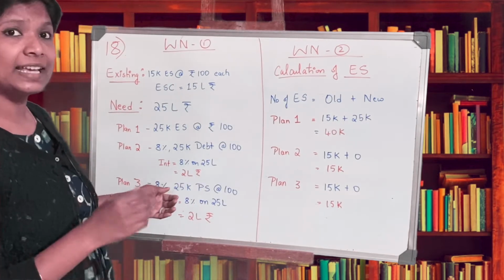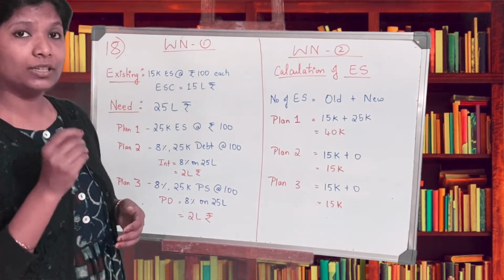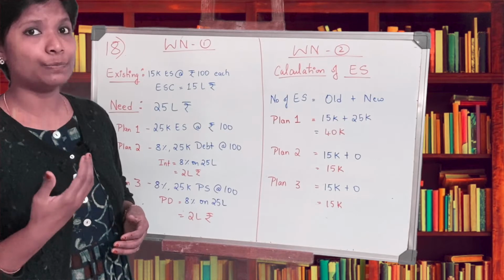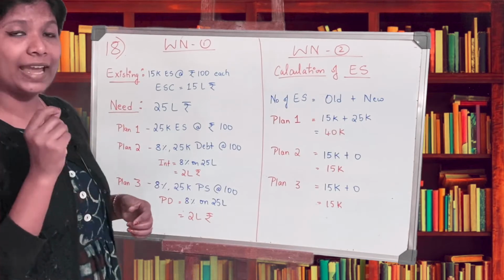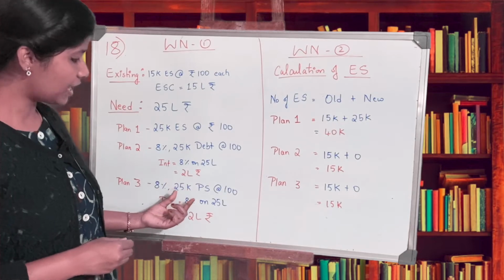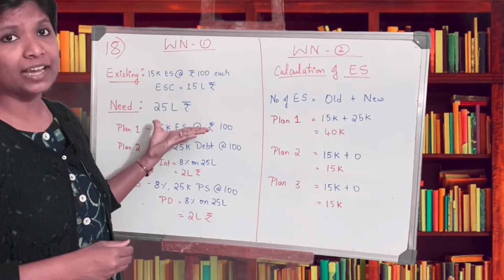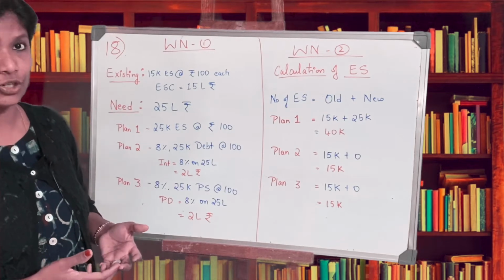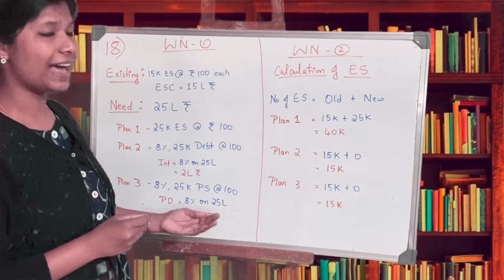Your plan 3 is 8% 25,000 preference share capital at rupees 100. Now here third plan is completely preference share. If it is preference share, I need to pay them dividend and a fixed dividend. It is fixed at 8%. So 8% preference dividend on rupees 25 lakh. 25,000 multiplied by 100, I'll come back again to the needed capital 25 lakh rupees. So I need to calculate how much dividend will I be liable to pay in the future. So 8% on 25 lakh rupees. The preference dividend paid is 2 lakh rupees.